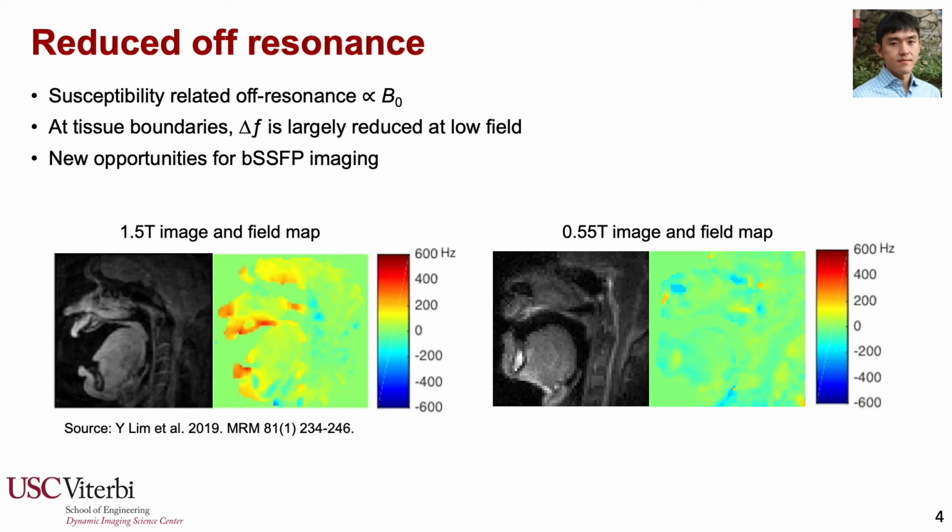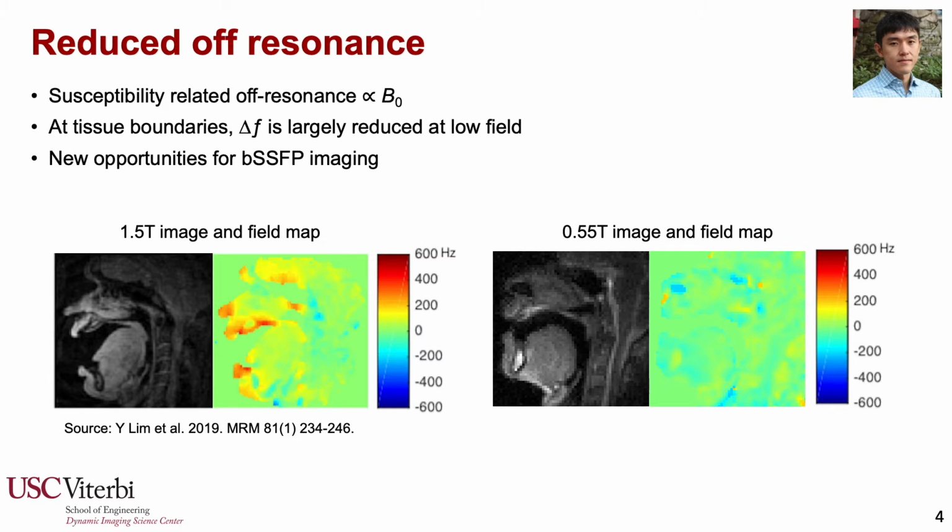So the next technical advantage is obviously the reduced off-resonance. Going from a higher field strength to a lower field strength, the susceptibility-related off-resonance is largely reduced, especially at tissue boundaries, such as between air and tissue or fat and water. This example compares a speech image acquired at 1.5 Tesla and its associated field map, and also a series of images